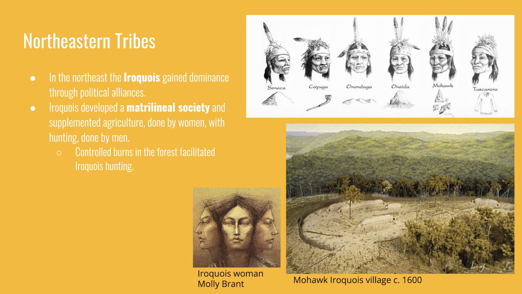We also talked about controlled burns in the last lecture. They would burn parts of the forest, and by clearing the forest floor, it made it easier for them to continue to hunt in those areas, and it encouraged the growth of some of those larger trees. On the bottom left, you have an example of an important Iroquois woman. We'll see her in the next historical period. Her name is Molly Brant, and she did a lot to maintain Iroquois sovereignty in the region into the 18th century. On the bottom right, there is an example of how the Iroquois would clear parts of the forest and then have it adapt to their lifestyles.